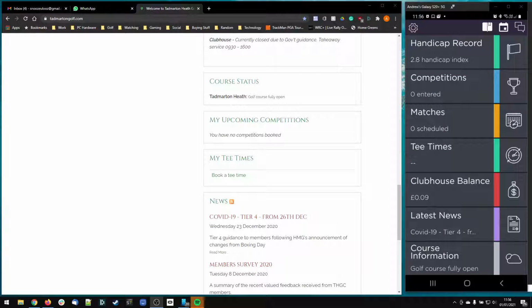Good morning. I just wanted to give you a quick demonstration on how to use the tee times and bookings rules at Ted Mountain Heath, because there seems to be some confusion still. So to explain it simply,